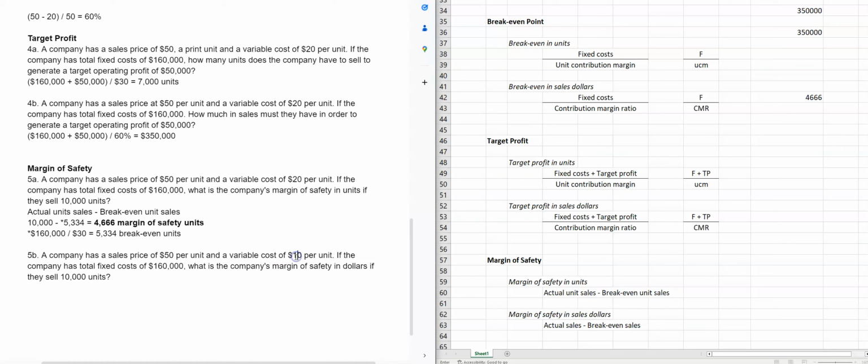Hopefully you can pause this and attempt it first, because this is the first time you actually get to do it on your own. But here, I'll go ahead and get started. Sales price per unit is $50. We have 10,000 units. That is total actual sales of $500,000. Now from there, we have to minus out our break-even sales. Again, I'm going to pretend that I don't know what this is. So let's do the math. $160,000